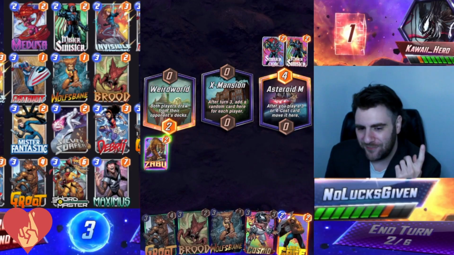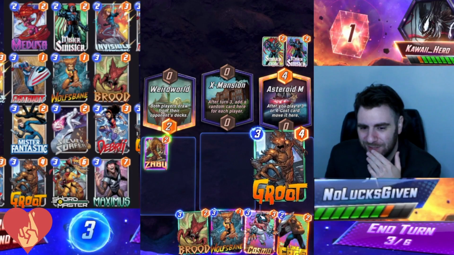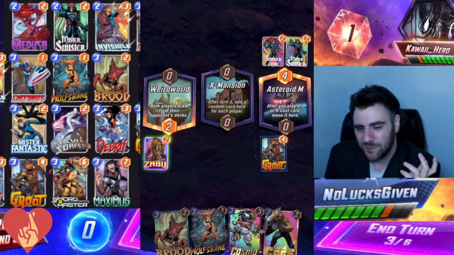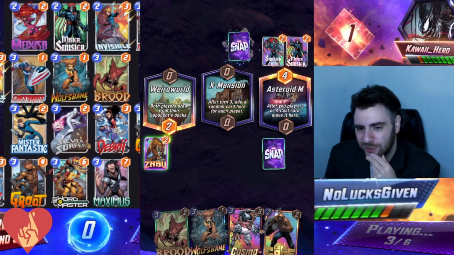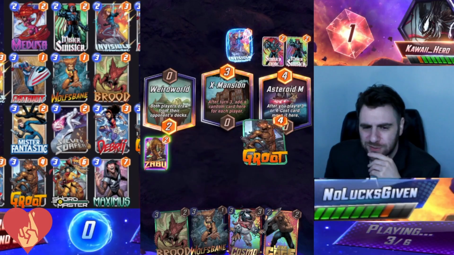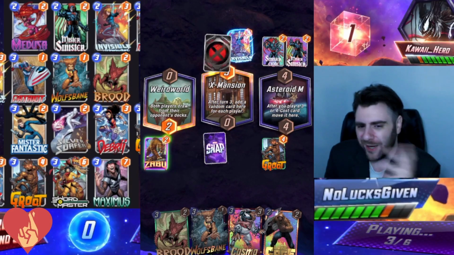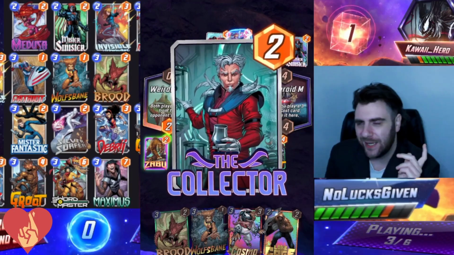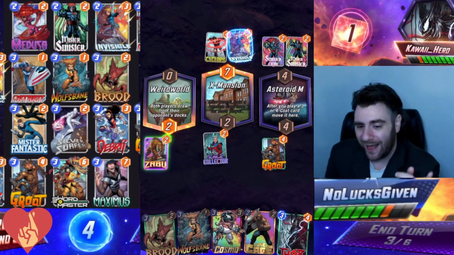Asteroid M, a very weird location for these Silver Surfer lists. A lot of times people will just play into Asteroid M, so I figured that was a reasonable expectation. So I just throw Groot into the Asteroid, hoping that my opponent's just going to play there this turn. But they've got an Invisible Woman for the X Mansion. I always try to avoid X Mansion just in case you find yourself against any Guardians of the Galaxy, but